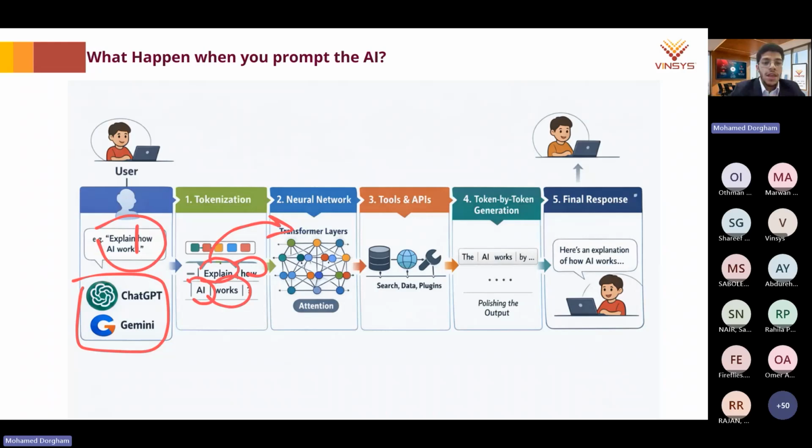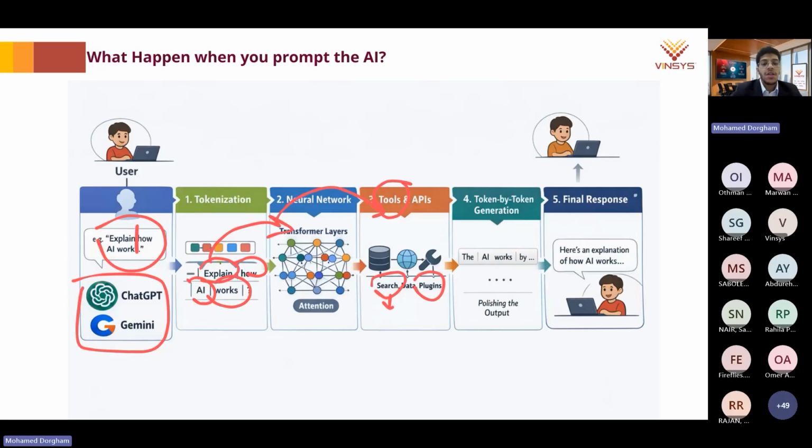And then at the end, what will happen? It will choose whether to use some tools. One of the tools might be search. Sometimes you might ask it about a date or an answer that requires current information, so it will try to search the websites to get you the latest answer, or it might use some plugins.